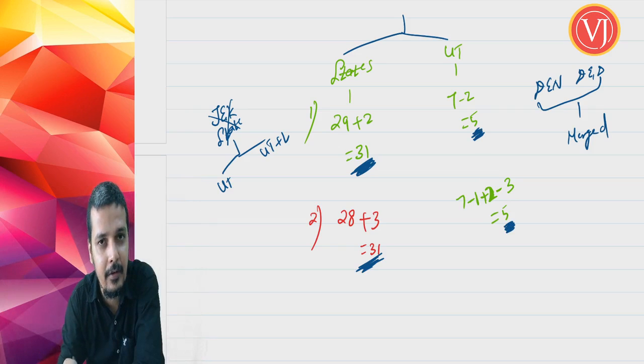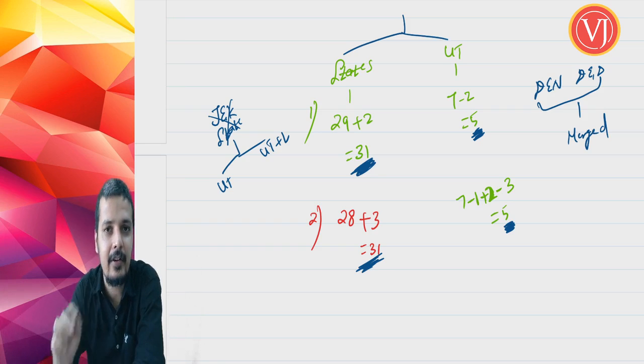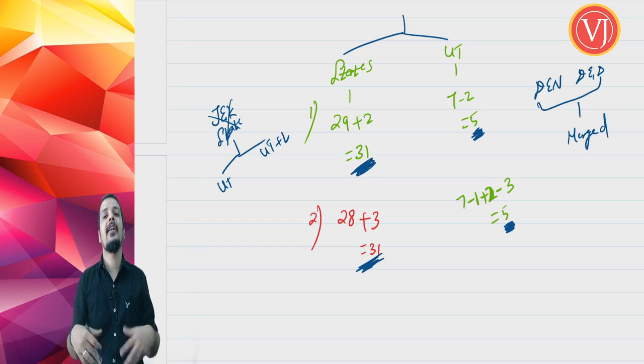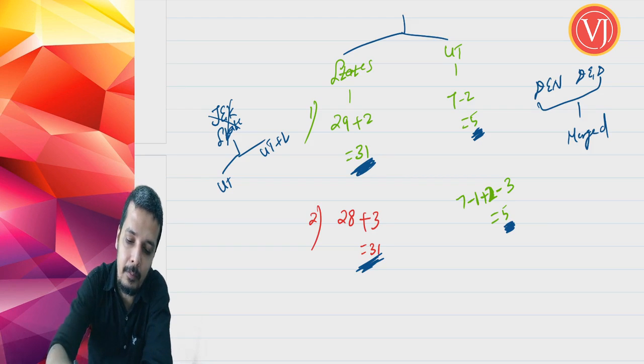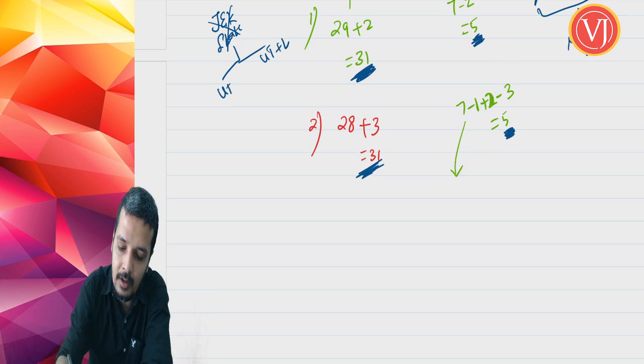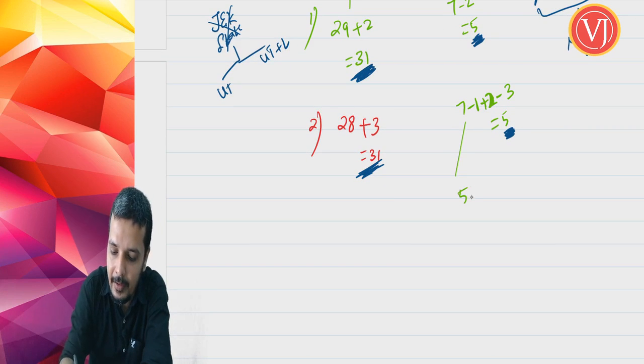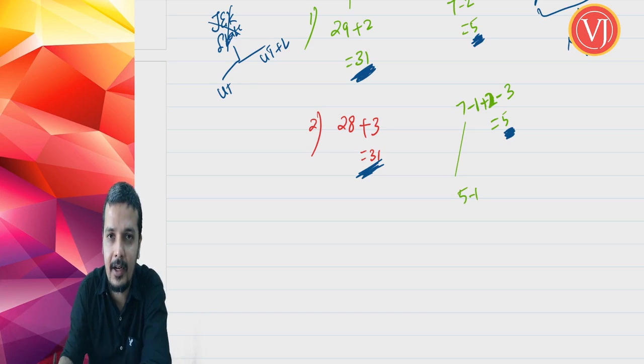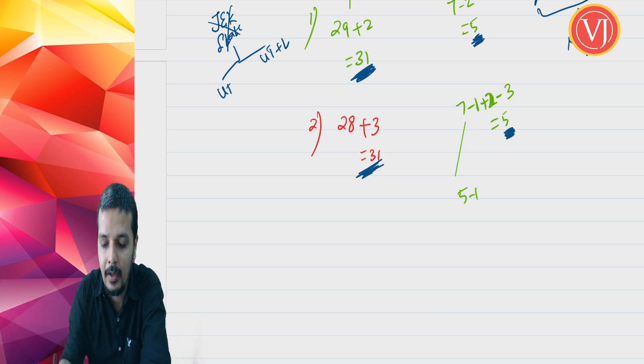So finally the end result would be same 5. Seven minus 1 will give you 6, plus 2 will give you 8, and finally minus 3 will give you 5. End result will be the same. Even after ICA clarifies that we are going to do this merger, end result would be the same. Okay, to make it more clear, what will be the union territory post this merger and post the bifurcation? Right. So you are talking about the 5 normal union territories that will be there, minus 1 because Dadar and Nagar Haveli and Daman and Diu has become 1.